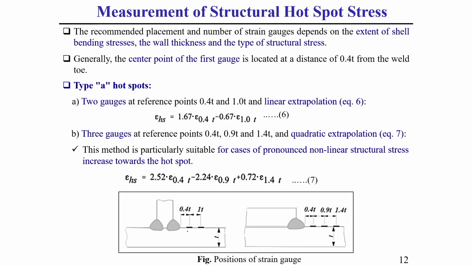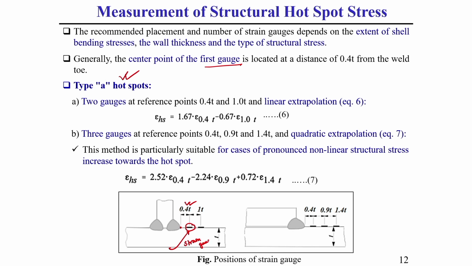Generally, for predicting the stress value, first of all we need to find out the strain value at that particular location. That location for the IIW approach I have already told. Here I have shown, according to the IIW standard, from the weld toe zone at a distance of 0.4 T, we need to put a strain gauge. Understand what I am telling. So, the first strain gauge we need to put here, using type A hot spot stress calculation. In the figure you can see this is called a strain gauge.